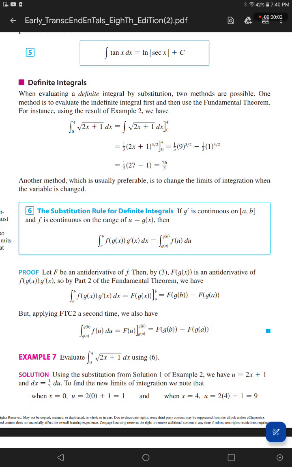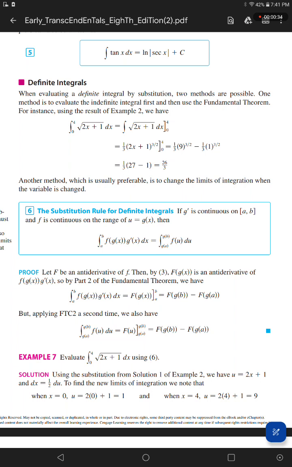Definite integrals. When evaluating a definite integral by substitution, two methods are possible. One method is to evaluate the indefinite integral first and then use the fundamental theorem. For instance, using the result of example 2, we have the integral from 0 to 4 of the square root of 2x plus 1 dx equals the integral of the square root of 2x plus 1 dx on the interval from 0 to 4